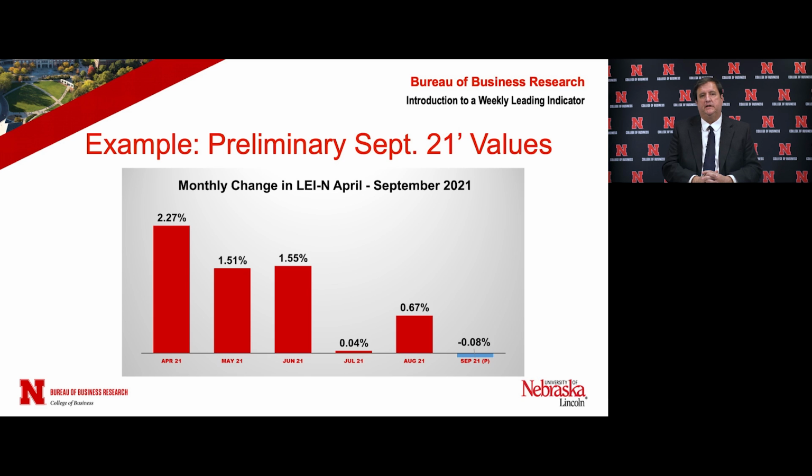What you can see is that the leading indicator was rising sharply earlier in the year, but the rate of growth has slowed here in the third quarter, July, August, and September of 2021. So our preliminary and partial results for the leading indicator in September is certainly very consistent with that. Depending on how airline passenger counts and weekly manufacturing hours worked come in, we're likely to have either a small increase or a small decrease in the value of the leading indicator. Right now, based on the first 4 components, it's down just 0.08%. So that's what you'll be able to see.